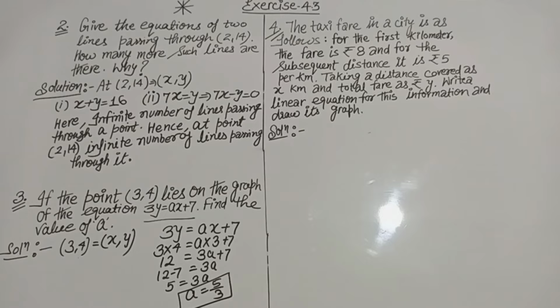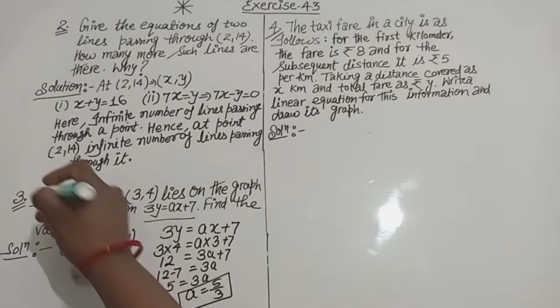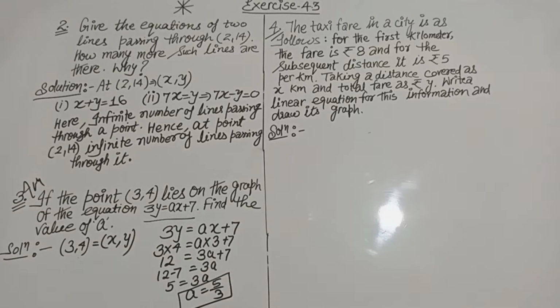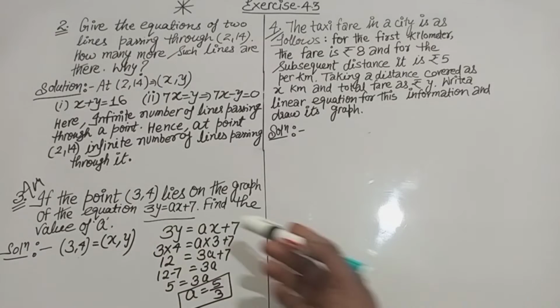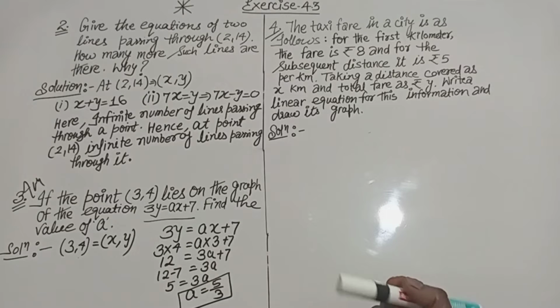Any problem you have? No, it is easy. And this is an important question because these types of questions come as 1-mark questions or MCQs. If the point (3, 4) and this line are given, you get MCQs with options 1, 2, 3, 4 for the value of a, and you pick the right answer.